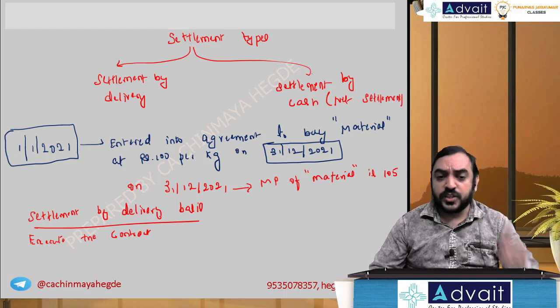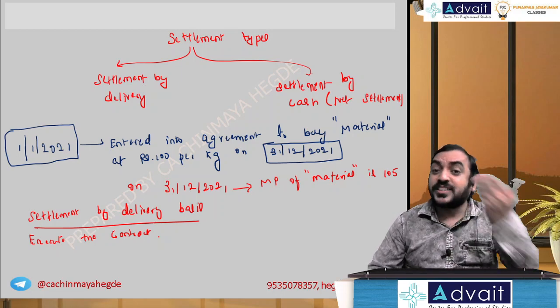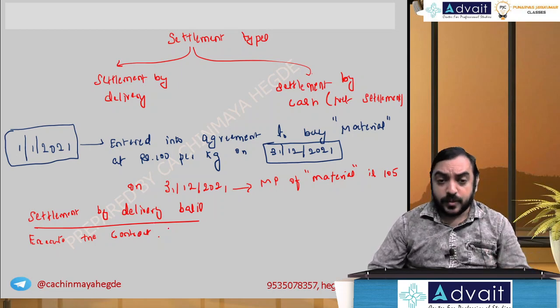That is what executing the contract means. I am going to honor my agreement. As per the agreement, I was supposed to purchase. I will purchase at whatever the price is. Buy the material